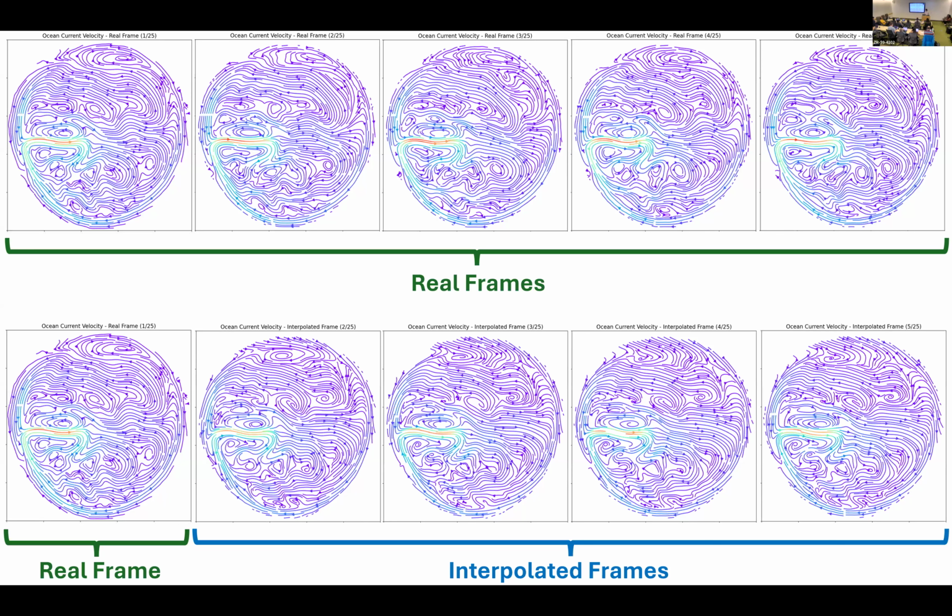And this should show an example of this. So on the top side, we have the real frames. And on the bottom side, I have the predictions from the machine learning model. The brighter colors in red are fast-moving flows, and the purple ones are slower-moving. So the fast-moving regions are predicted well. They're almost identical in the prediction and the real frames.